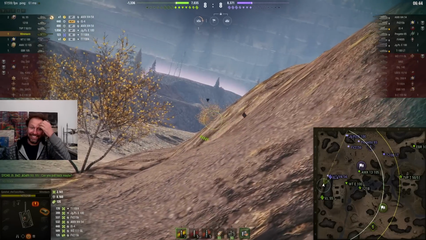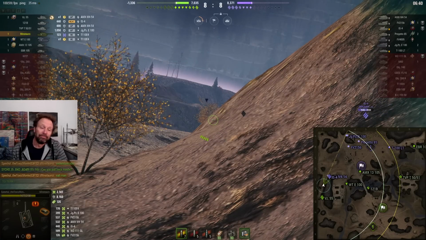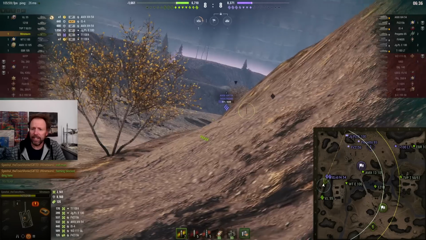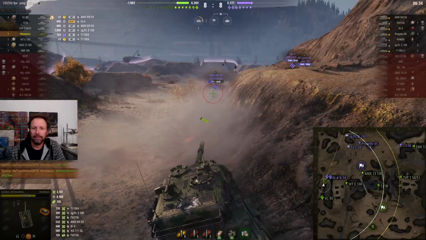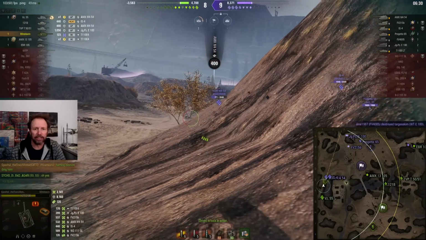That's funny. Oh well. Okay, what do you do? Why are they telling him to pull back? He's bounced 8,000 damage. Why would he pull back? Just to let the enemies...